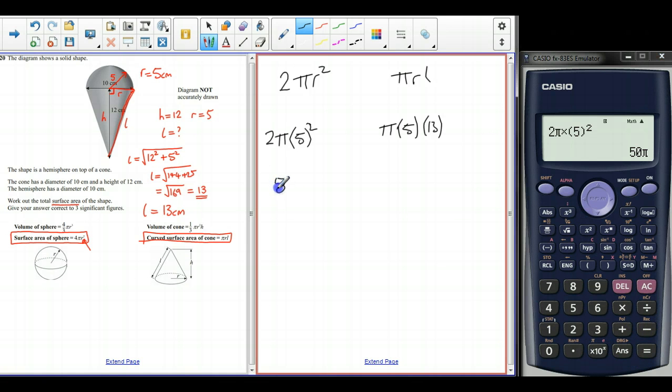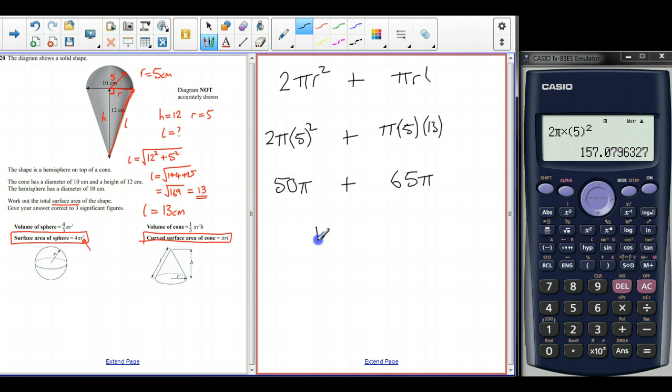So this one here is 50 pi, which would be 157 point whatever, but I'll leave that one for the moment because I'm now going to do 5 times 13, which is 65, so I have 65 pi. Just leaving them in terms of pi because it makes my calculation a bit easier, because the total surface area is going to be these two added together,